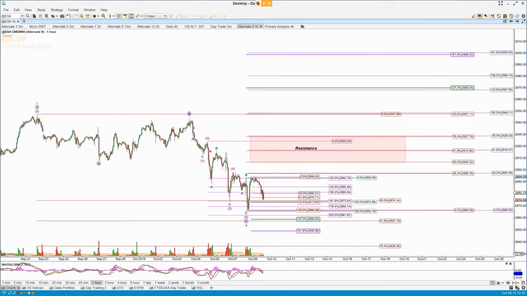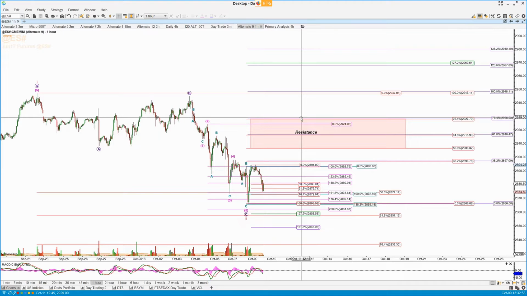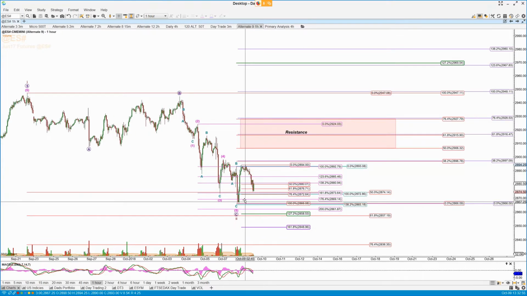Having said that, this last part of the move down, if I just go to the hourly chart, is really messy, horrible stuff. All of this is god awful. Ergo, it's very difficult to be definitive and rely on this as absolute. It is not inconceivable that we can drop down today again to 28.57 in the ES. It's not really what I'm expecting after the bounce we got yesterday, but just be aware of it.